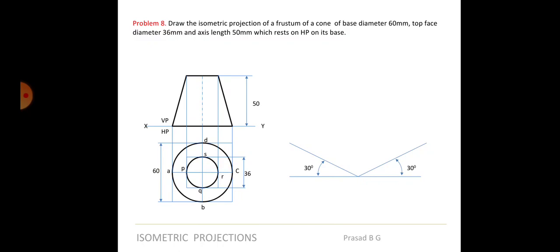Anyways, we can measure it or we can directly assume that and take. So we have to take the distance of ISO 60 this side and ISO 60 this side, because 60 is the base diameter, isn't it? And then complete the box. ISO 60, we get a box here. Okay, so we have completed the box with ISO 60 and ISO 60.